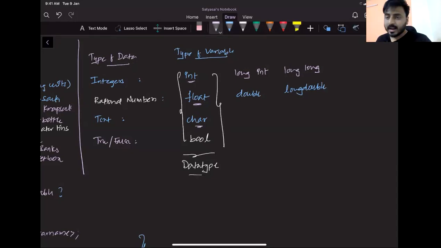When it comes to text, if you want to store a single thing, a single alphabet or a single number or anything which is single, then you can use a character. But obviously, we always want to store a bunch of things, right? Single is not at all useful for us. So that is where string comes into the picture.